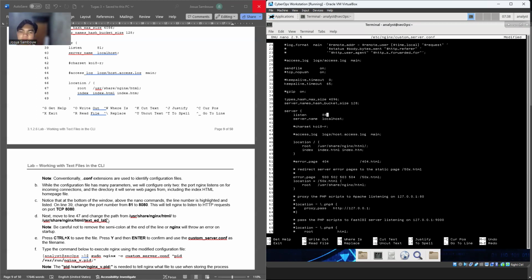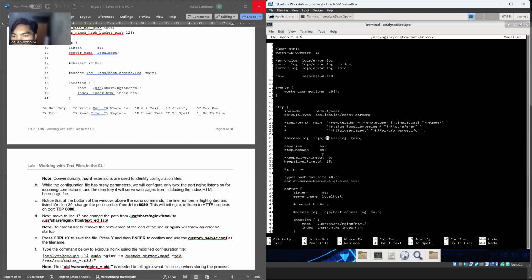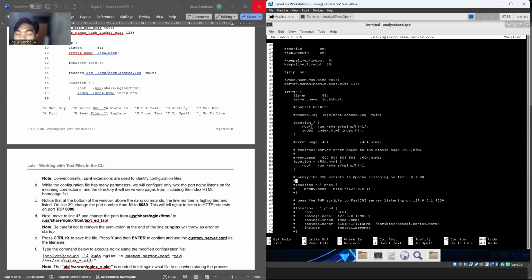Next, move to line 47. Here, change the path from usr to user share html. Then we add text_array_lab underscore.